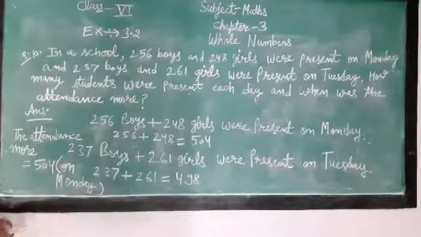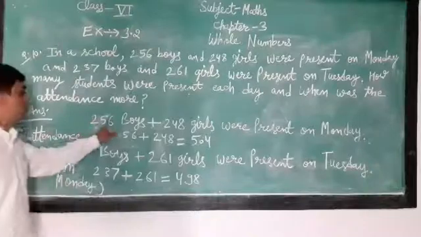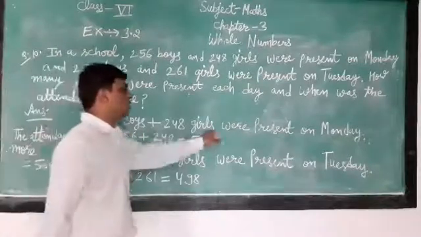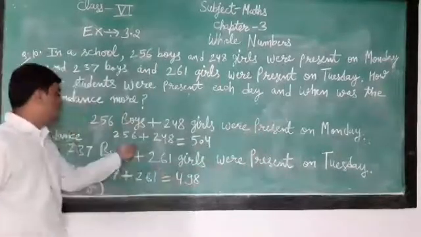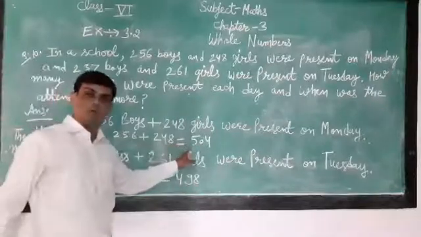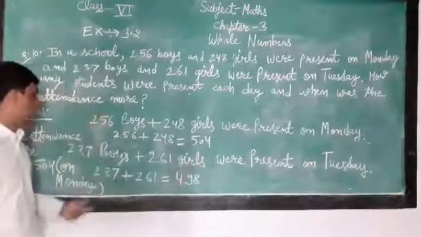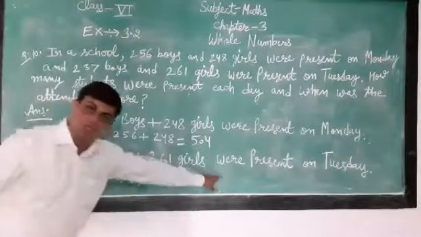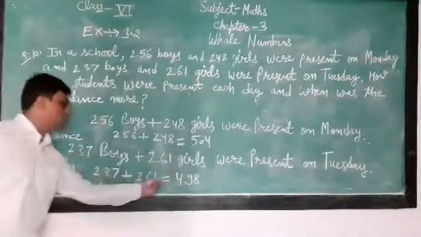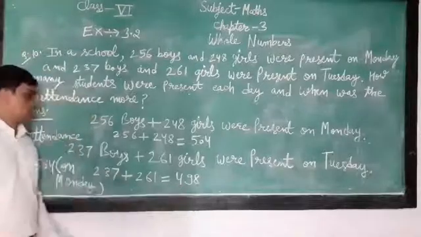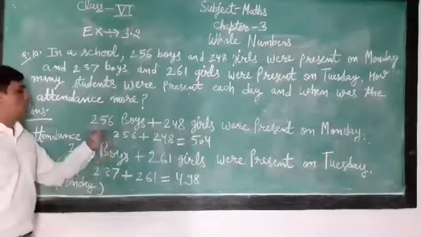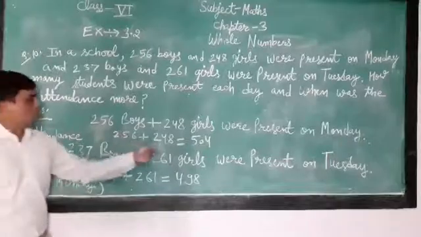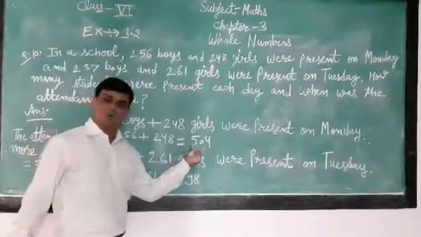Okay students. Now again, 256 boys plus 248 girls were present on Monday. The addition is 504 were present on Monday, and 237 boys plus 261 girls were present on Tuesday. Now addition is 498. The greatest number 504 were present on